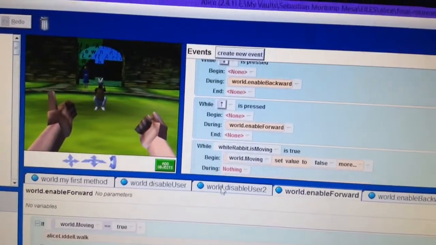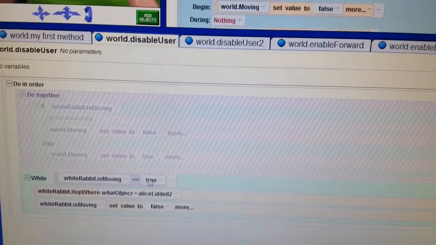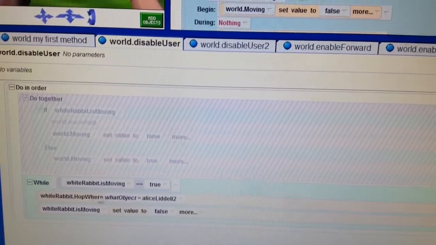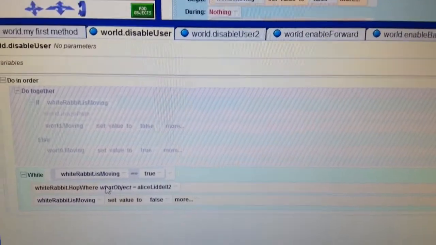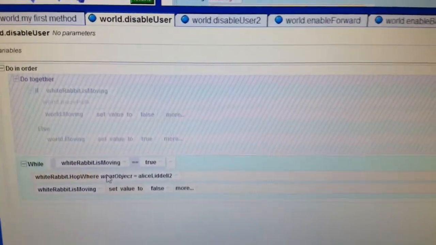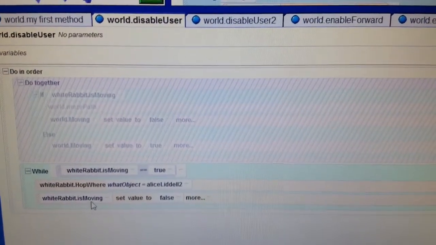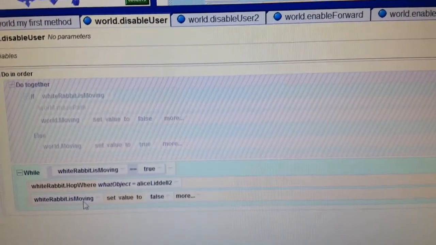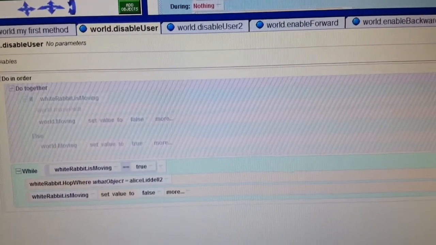And then in disable user, you'd want to have while rabbit is moving equals true, have white rabbit do whatever action the rabbit's gonna do. In my case, the rabbit's gonna hop to Alice Lindell 2, and then while it's doing it, have rabbit is moving set to false. And then after that,